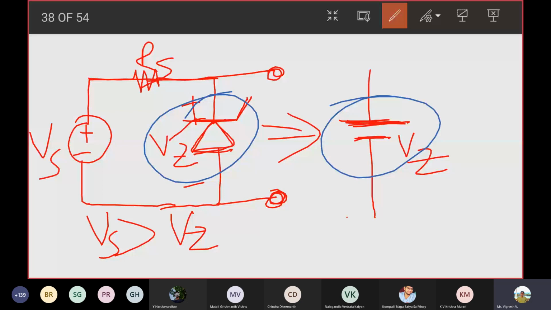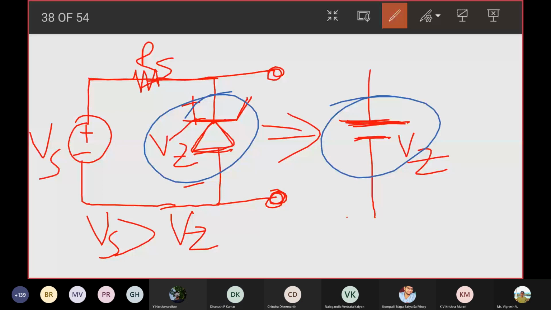And again, this is an approximation. You know for sure that it is not only the voltage source Vz, you also have a resistor in association with the Zener diode voltage source. We'll cover that maybe after your T1. As of now, it's very important for you to note that whenever your Zener diode is reverse biased, you replace it with a battery VZ here. Is it clear?